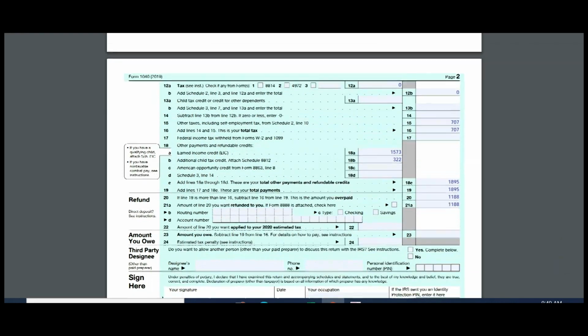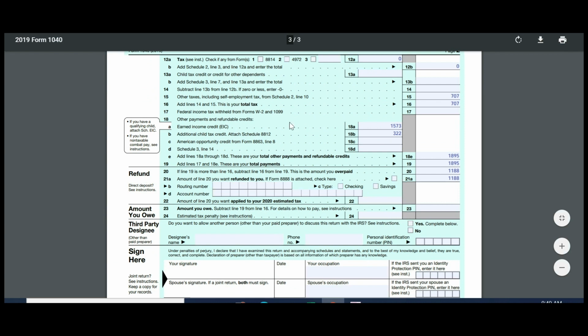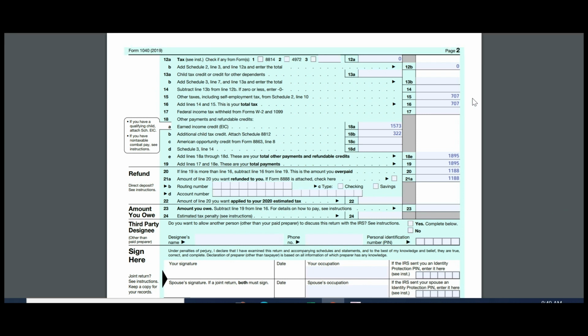And it brings us to the second page. Here, taxes. Self-employed tax on $5,000 is $707. And this is the total tax for this income. Because this lady has earned income, she has a child, she's eligible for earned income credit. In this case, earned income credit came up to